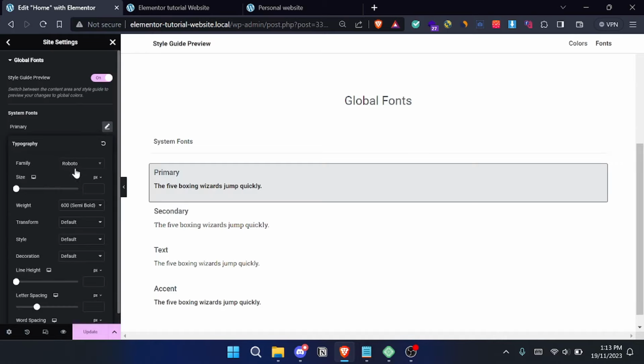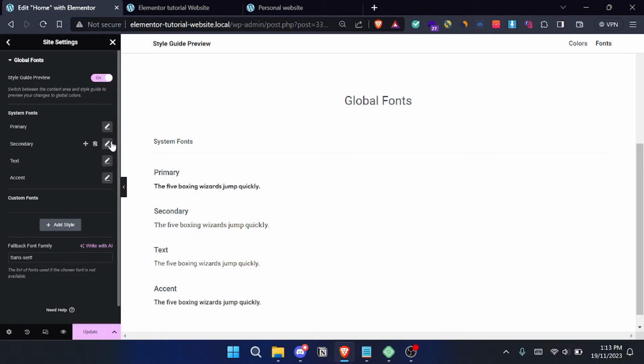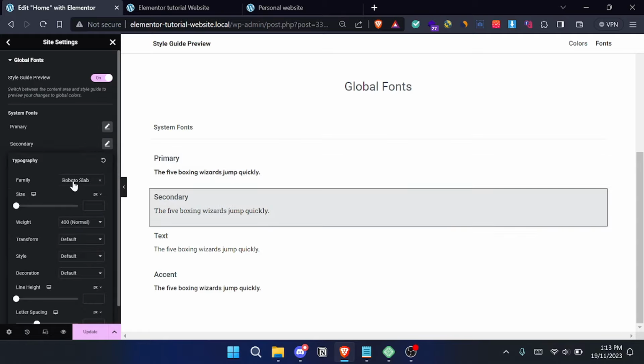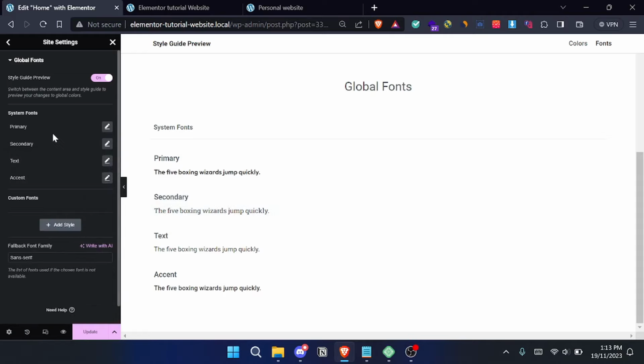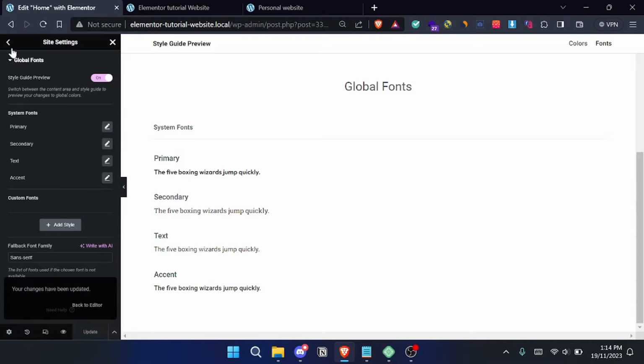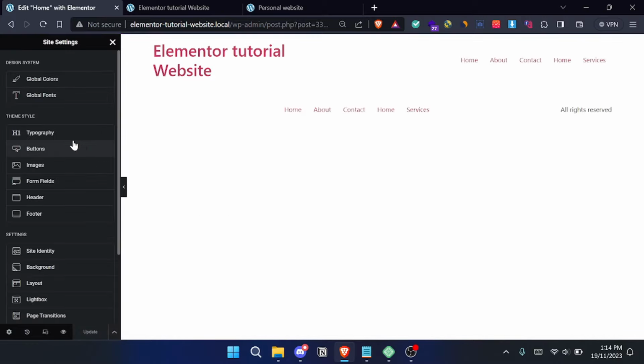Click on primary and select your font. My font that I'm going to use in this website is Outfit. So as you can see here, this is my font, and secondary will be anything like Roboto. Just set it as it is. You can change it, but I'll just leave it as it is and click on update and get back. And then I'm going to go to typography,